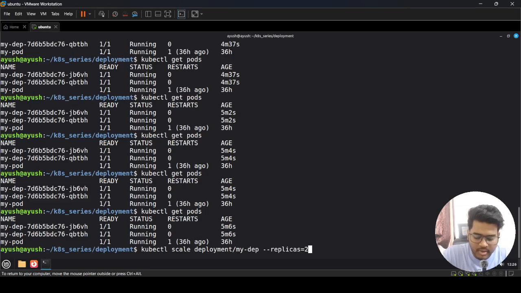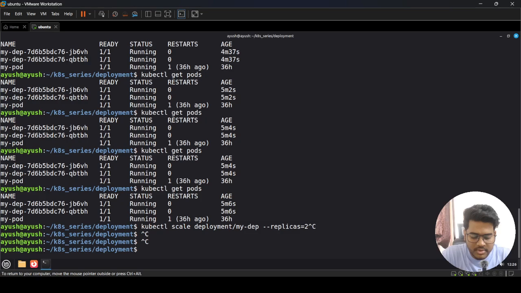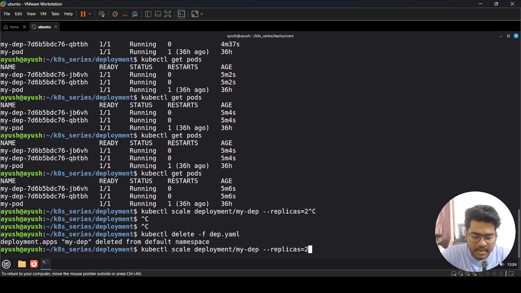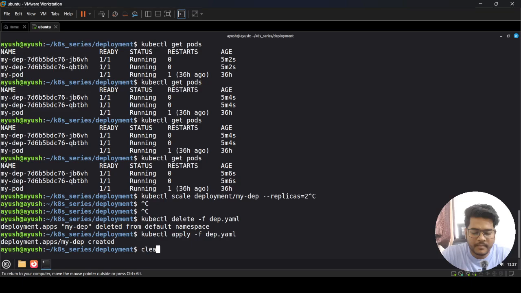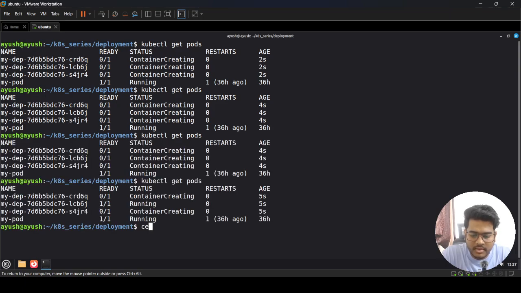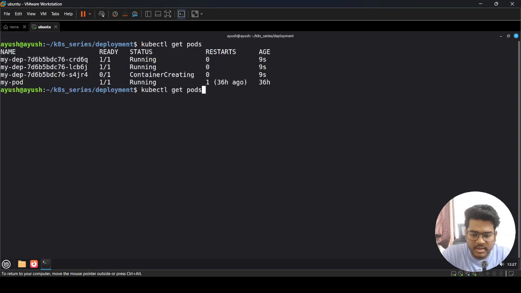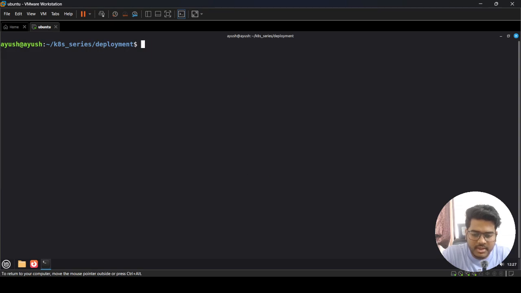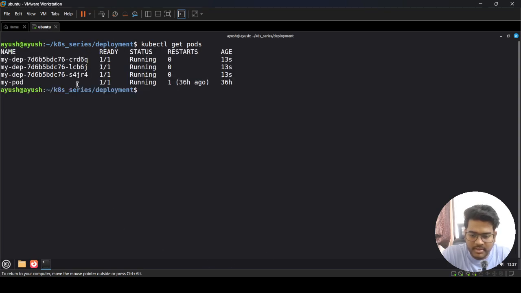Now moving forward, I just wanted to let you know, if I want to delete this deployment and apply it again, let's clear the screen and get pods. Once it starts running, I will show you what happens if I delete one pod. So let's go for deletion of a pod, and let's do kubectl